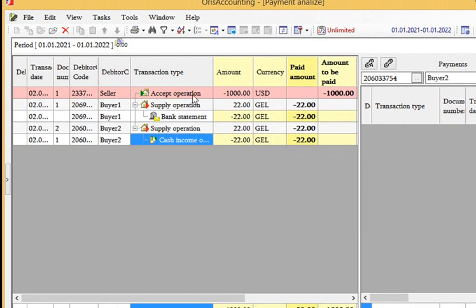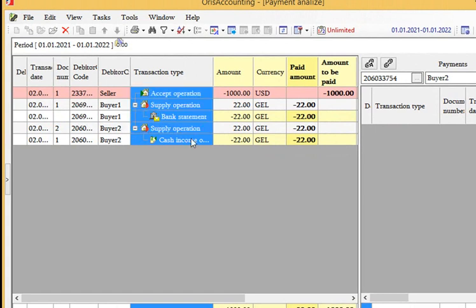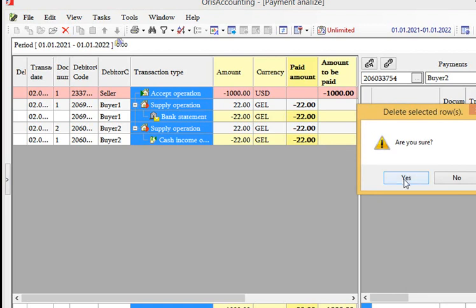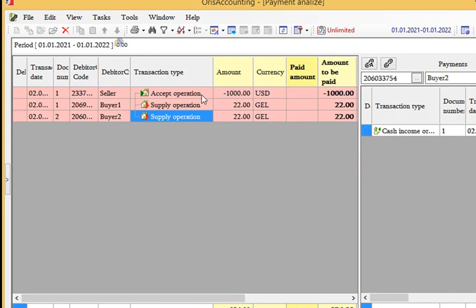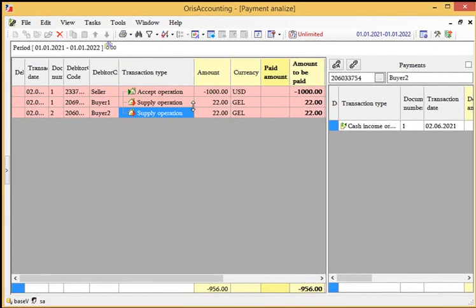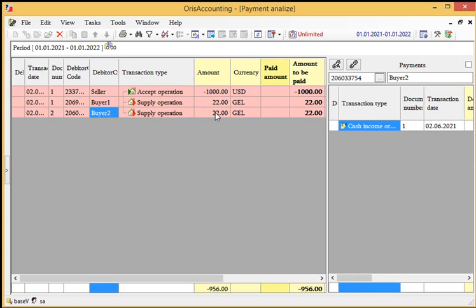We can select all records, click on this button, and the system will choose only payment records and remove them from the list. Now let's look at this technique. It's based on automatic link. The point is that the system can connect the payment to the corresponding operation automatically according to debtor-creditor, amount,